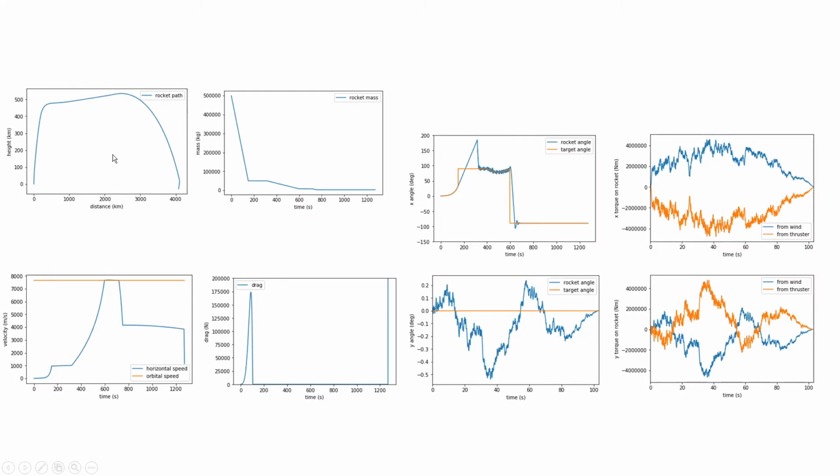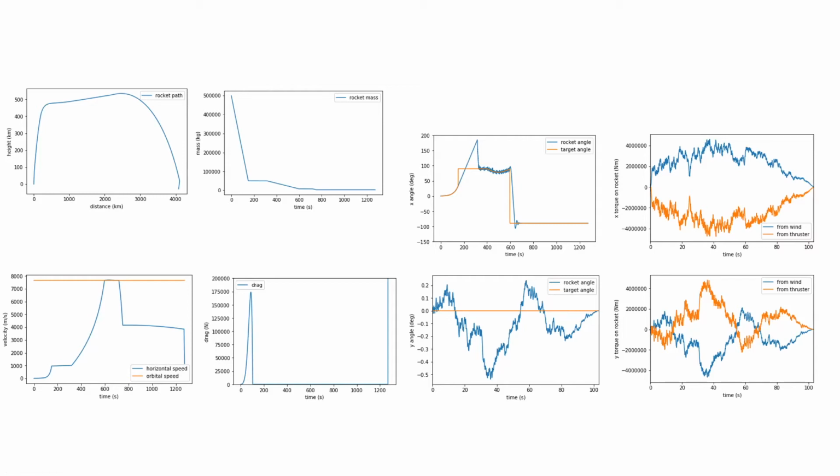You have the path of the rocket, the mass of the rocket through time, the horizontal speed of the rocket, air resistance or drag. The spike at the end is many times higher than the graph limit. In this angle graph you can see where the rocket wants to point and where it is actually pointing. In this period the thrust is shut off, and you can see that the autopilot is no longer pointing the